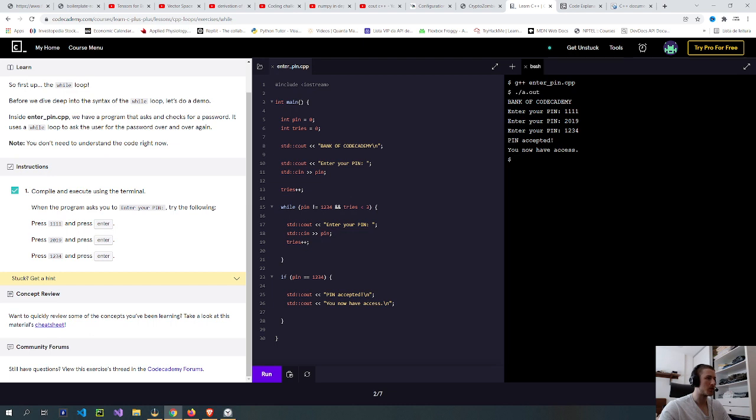So it keeps checking, keeps prompting. Yeah, until tries is less than 3, and pin is different than 1, 2, 3, 4, because the pin is 1, 2, 3, 4. If pin 1, 2, 3, 4 is accepted, you have access. Okay.